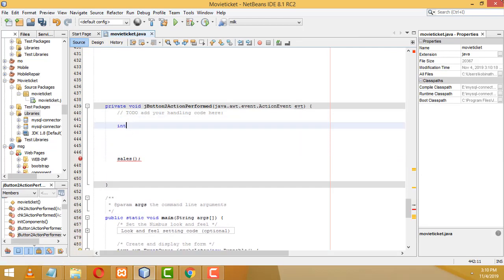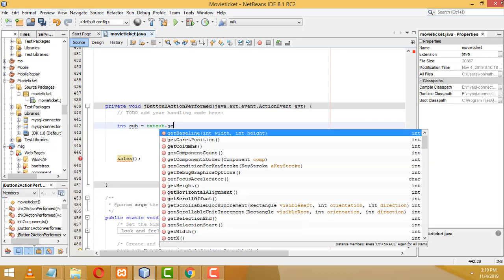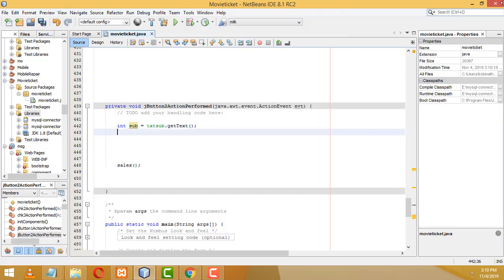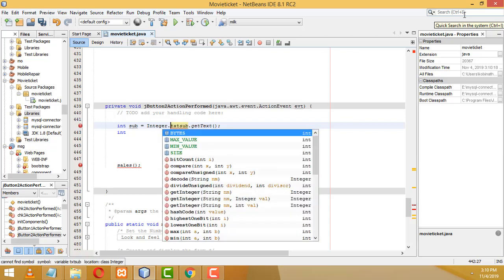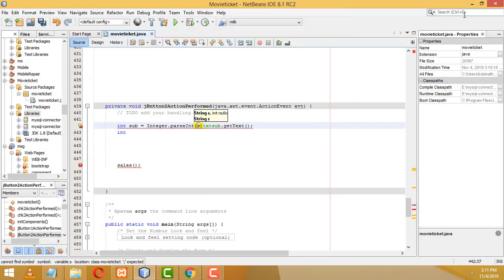We have to calculate the balance. So int sub equal, you have to write txt sub dot get text. You have to calculate the balance, right? After that you have to get the other variable, pay. So you have to write this one here. So we have to convert. So Integer dot parseInt. You have to write here